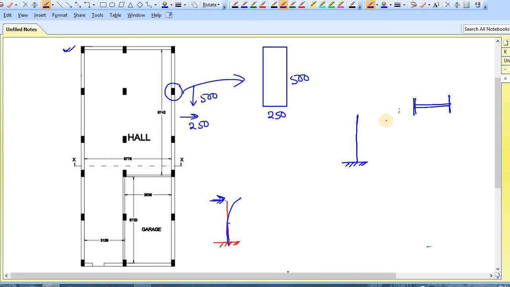If we apply a load like this, along this minor axis, this load tries to bend the column like this. Or we can say that a couple is being applied along this major axis.